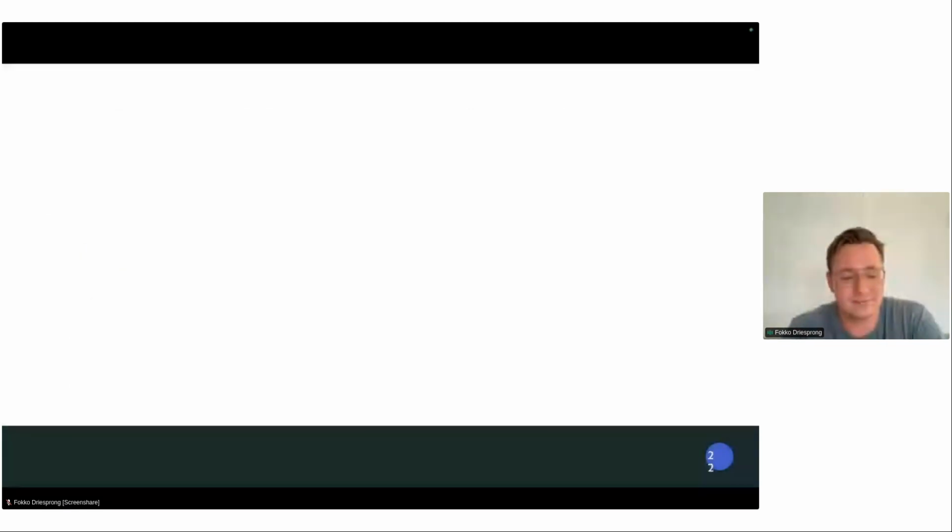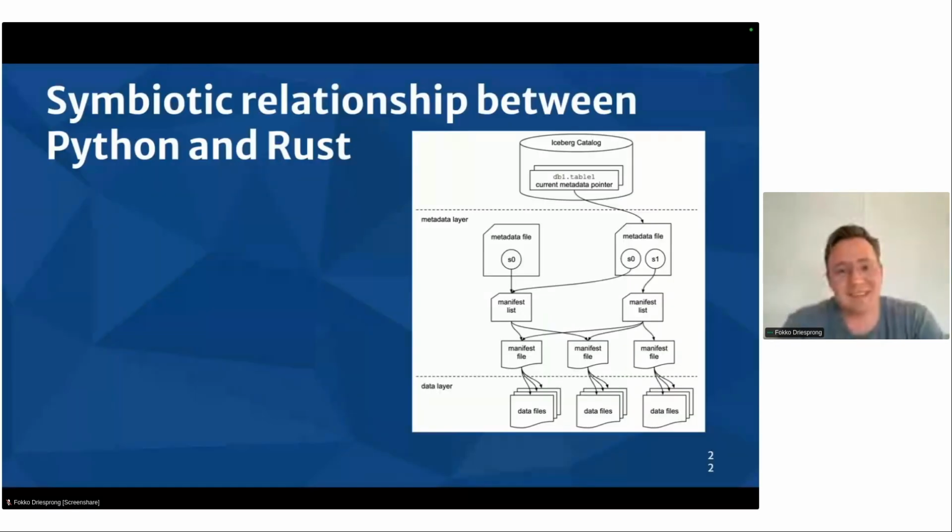Yeah, so this is the symbiotic relationship between Python and Rust. In PyIceberg, we have the full metadata layer right now. And in the data layer, we currently hand this off to PyArrow. Maybe in the future, we can do this to PyIceberg-Rust, where we can have a better API between this. So we can have a very strict separation between these worlds. For example, PyIceberg looks into the Parquet files just to get the schema of it, and then we make an ID to name mapping just to make sure that we resolve all the fields correctly.